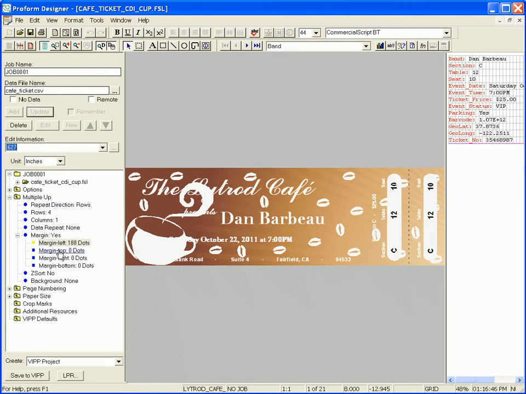Define my top margin, which is 1 inch. Click Update again. There's no right margin, but the bottom margin is also going to be 1 inch, so I click Update again. And the last step is defining the paper size of the end result substrate that you will